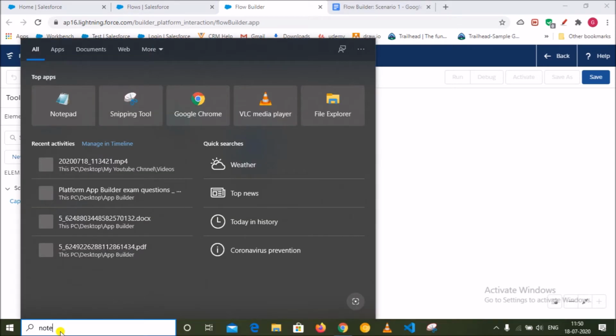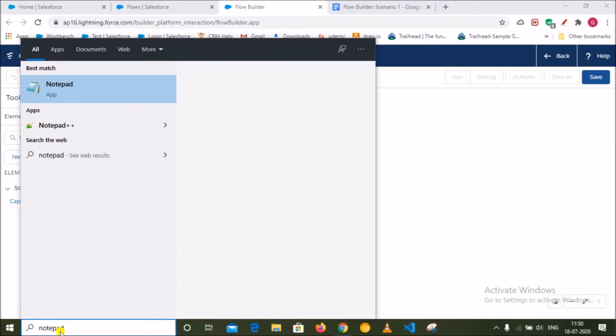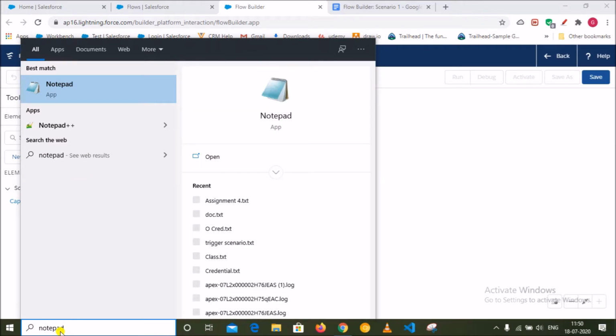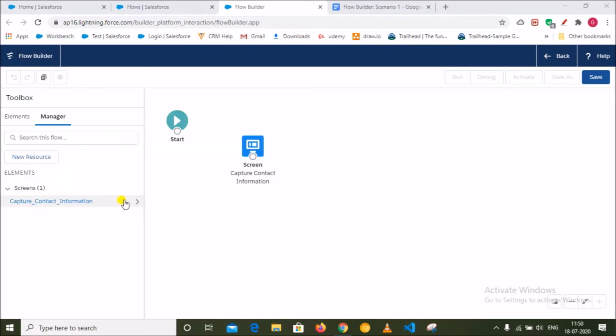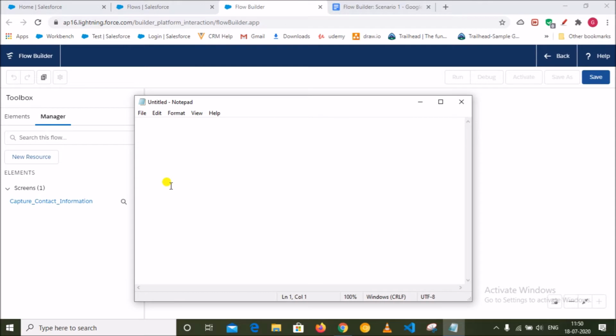So let's open Notepad. In an Apex class, normally when we are going to create a record, we do it like this: Contact myContactRecord = new Contact(); Right?